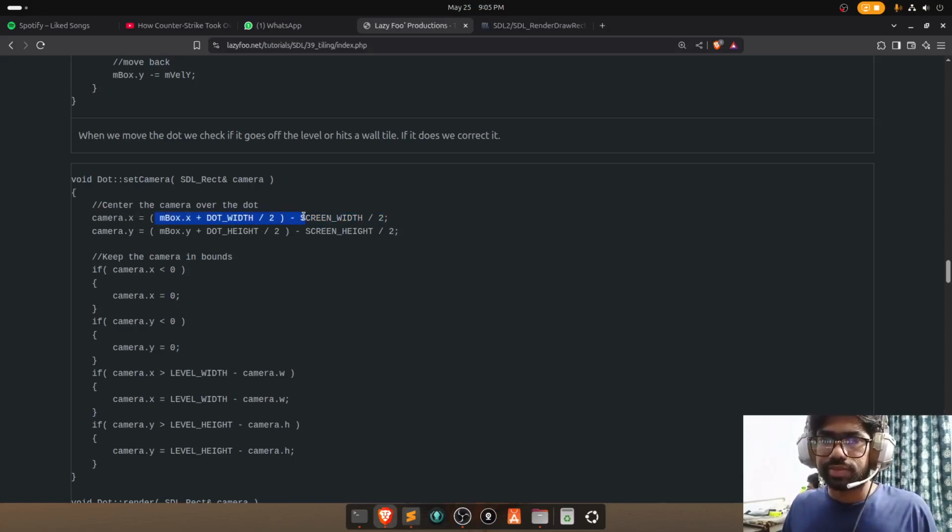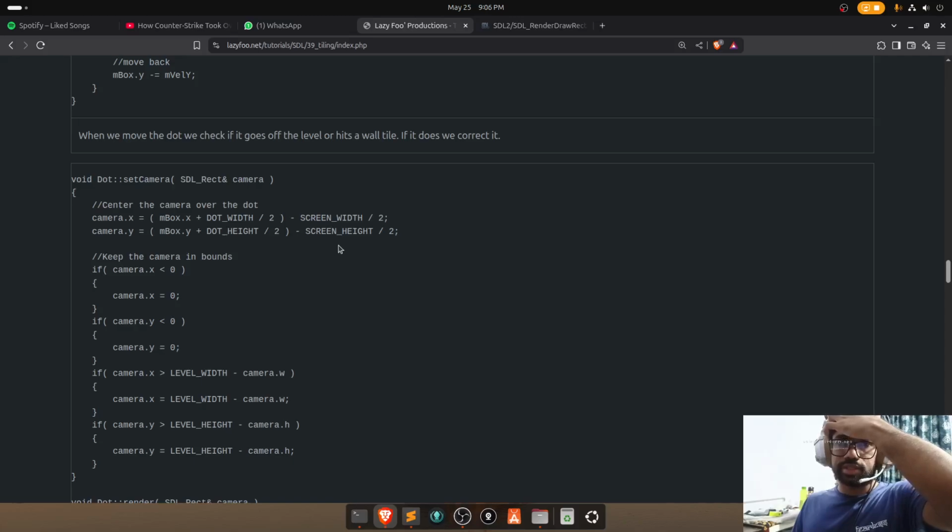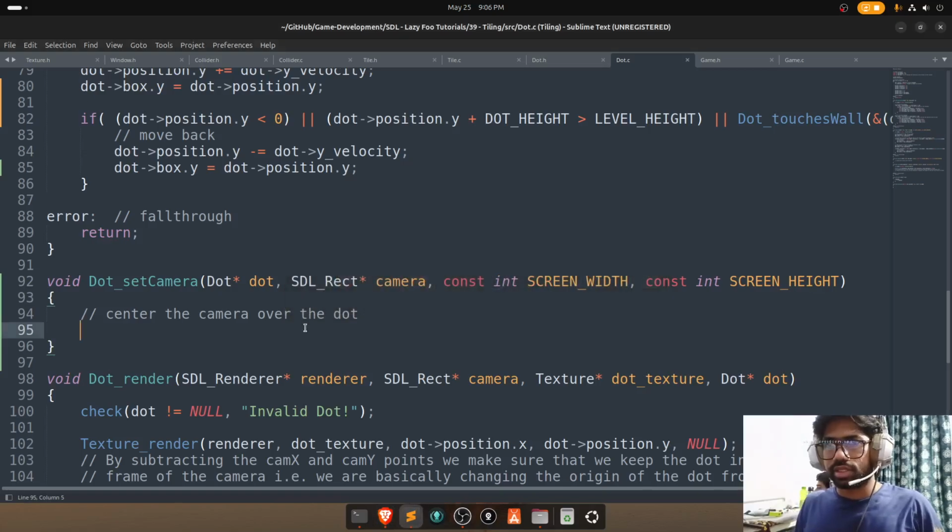Okay, so screen width by 2, simply the position, x position and y position. And box.x, wherever the x is, right, if it is on the screen, right, the screen, if my dot is here and I want it to be centered, okay, because this will be a negative value, this value will be greater than this value, hence it will tend to be above, right, it will be a smaller value. Screen width by 2, so screen width is 640 is by 2, so let's say